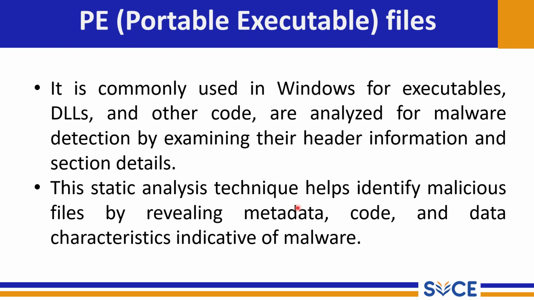What are the key components of a PE file? It includes the DOS header, which contains a DOS stub, a small program that runs if the file is opened in MS-DOS. Can you understand? And a pointer to the PE header. This PE header includes the PE signature, which identifies the file as a PE file, and the COFF file header. The optional header also has specific rules which have to be followed, and contains critical information like the entry point, image base address, and